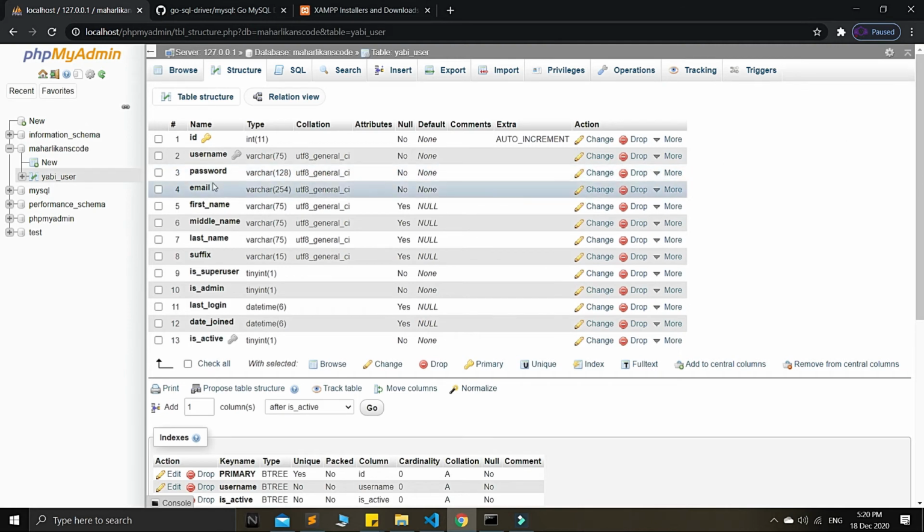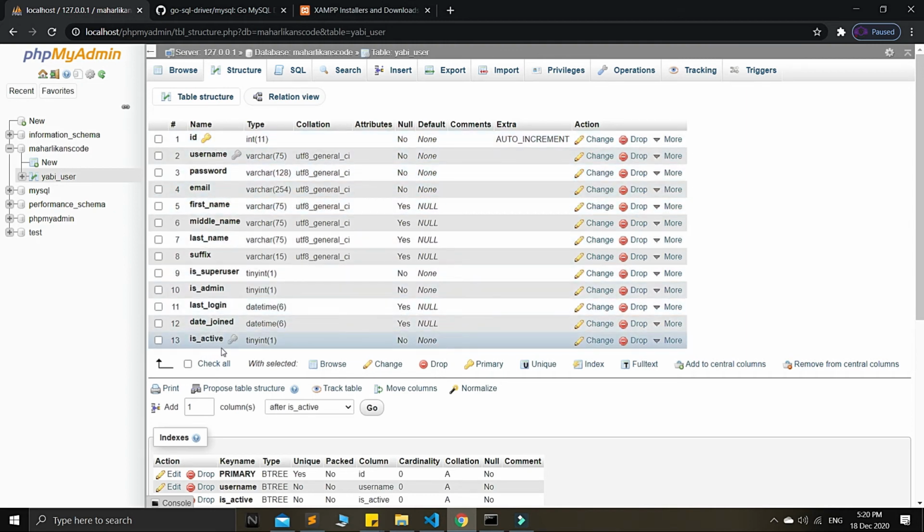So what we're going to do is index all those very useful and very frequently used fields when we do the select statement. Okay, so like this the username, of course the ID is automatically a primary one,